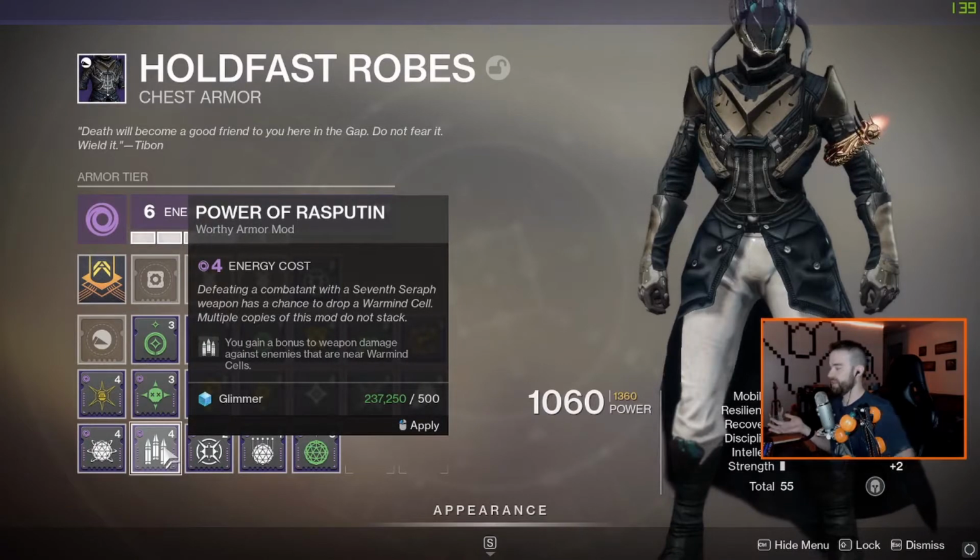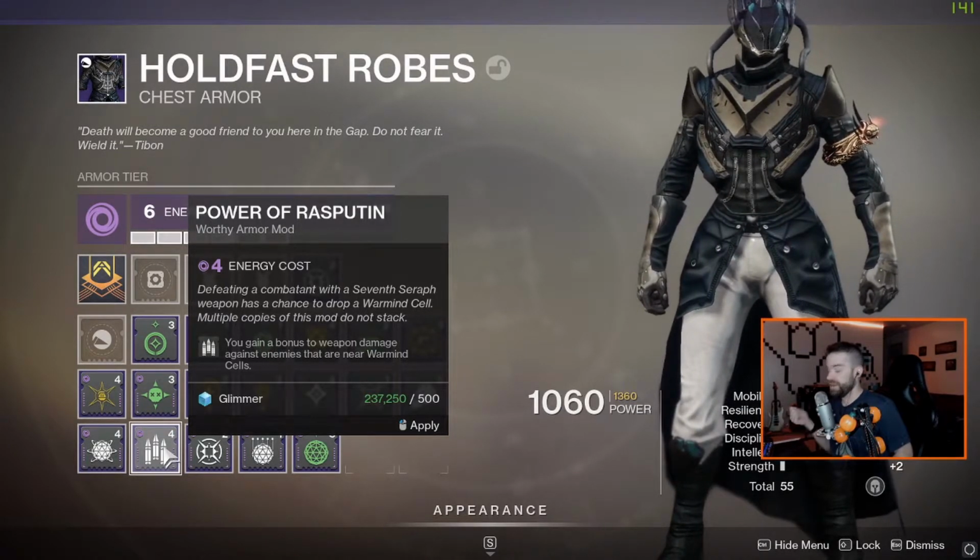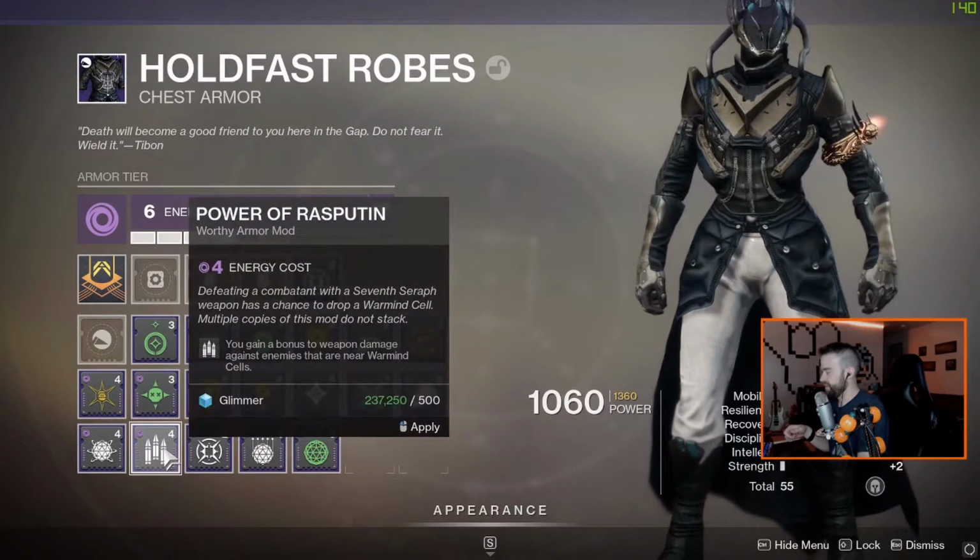If you're having an easy time staying alive but you're having trouble killing things, then you would switch to Power of Rasputin, which is slightly more energy. It costs 4, not 2, but you're going to do a 10% damage boost with Power of Rasputin, and this does stack with Bubble. High energy fire, by the way, the one I talked about earlier, does not stack with those, but Power of Rasputin does, so this can be really good. This is what I would suggest if you're having trouble killing